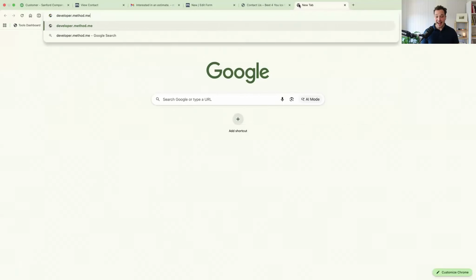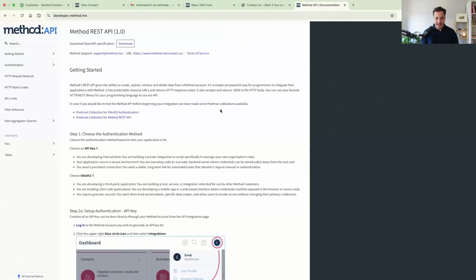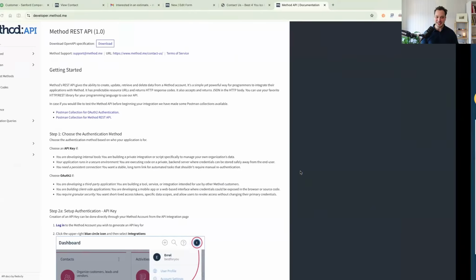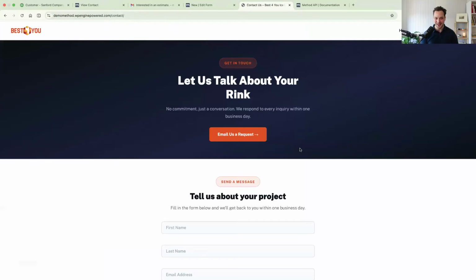Then I asked it, I have this WordPress website that Claude built, and I want to add this form through this API. I don't know how to do it. Can you tell me how? Through a whole bunch of trial and error, I managed to build this connection. Errol now is going to live test this connection and see whether the magic actually works.